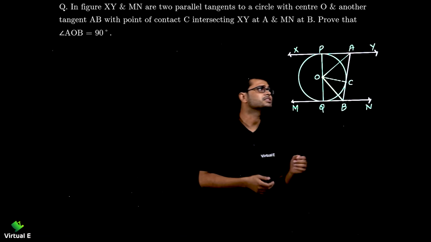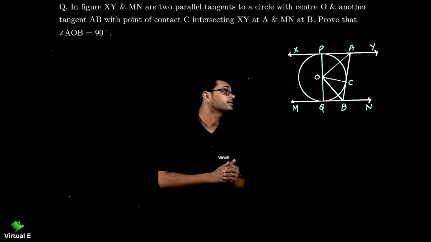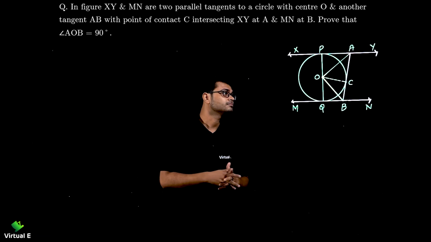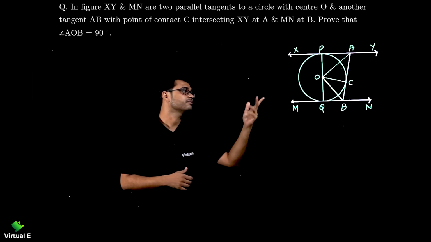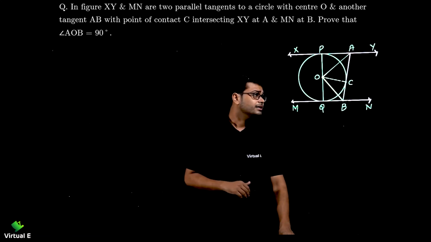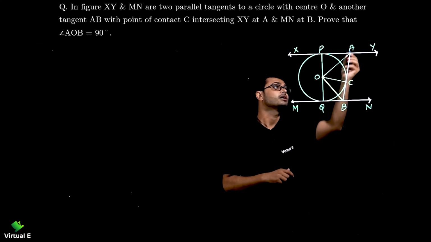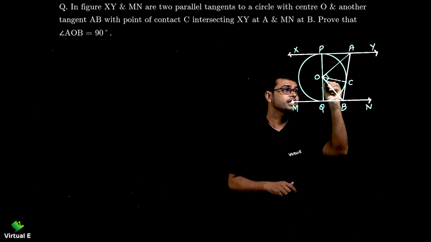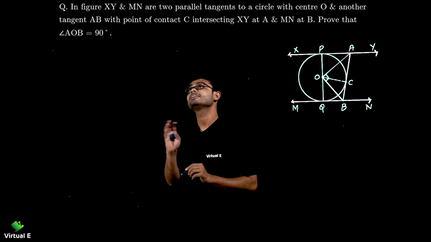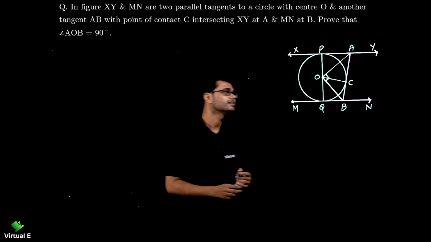Straightforward, it is given that AOB should be 90 degrees. Now how shall we start? There are so many tangents, 1, 2, 3, and if you double it, there will be around 6 tangents, right? So how shall we start? We need to prove that angle AOB is 90 degrees. There are no other angles given over here. Nothing is given, only that we need to prove angle AOB is 90 degrees. Very difficult, this kind of question, right?